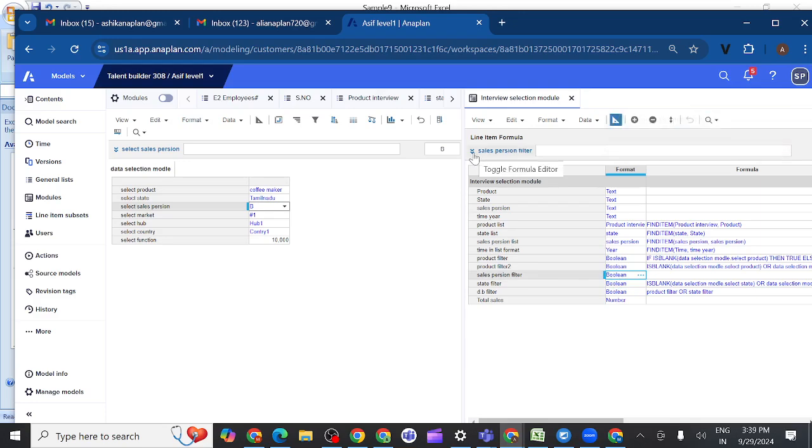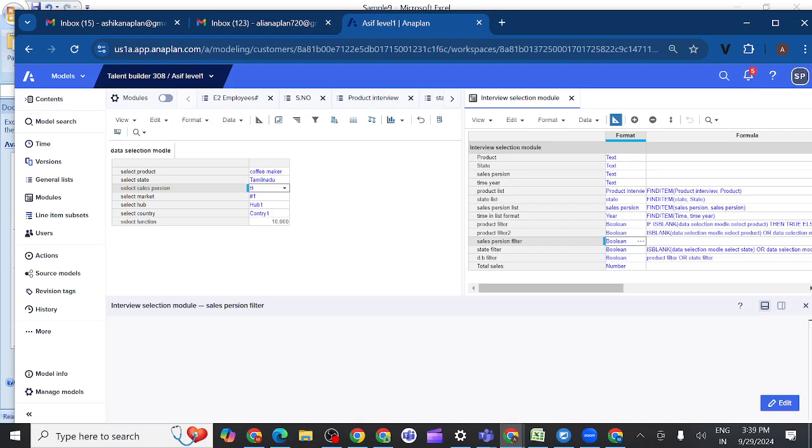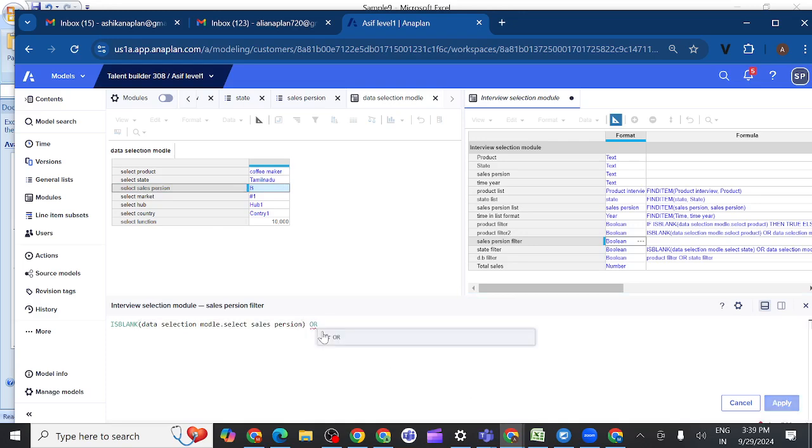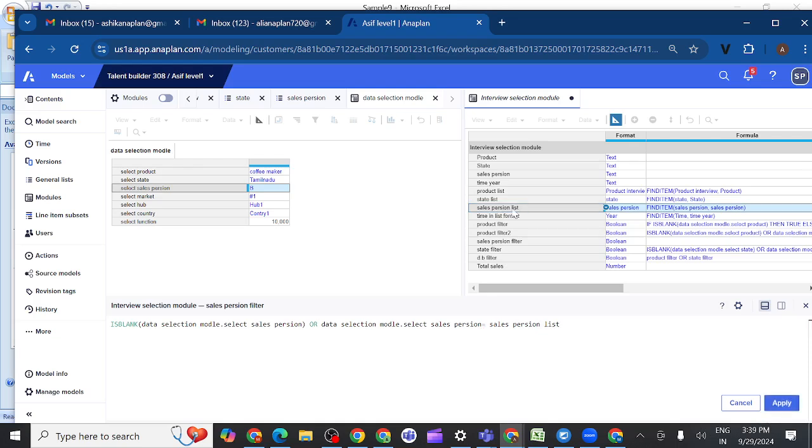What we are trying to write is, is blank of the data selection sales module, select salesperson, OR this is equal to, and here we need to take the salesperson list format, this line item. You can check the formulas, I will show it, you can see it is the same formula, nothing else is there. If I apply this one,